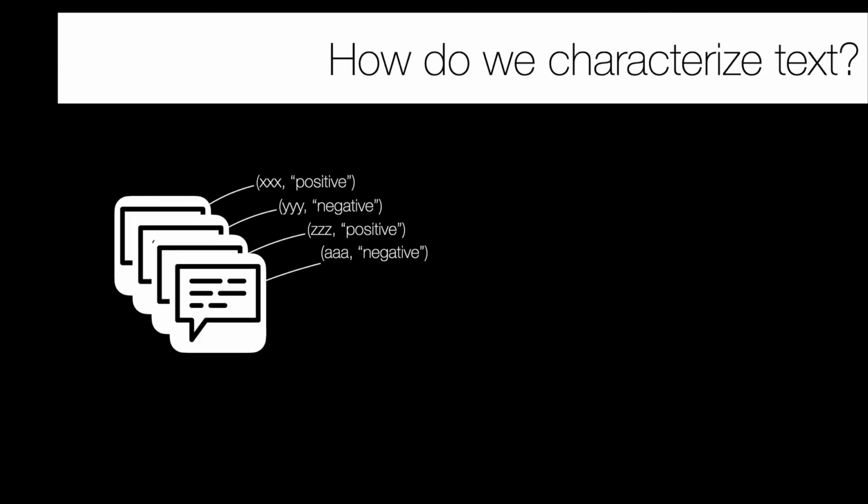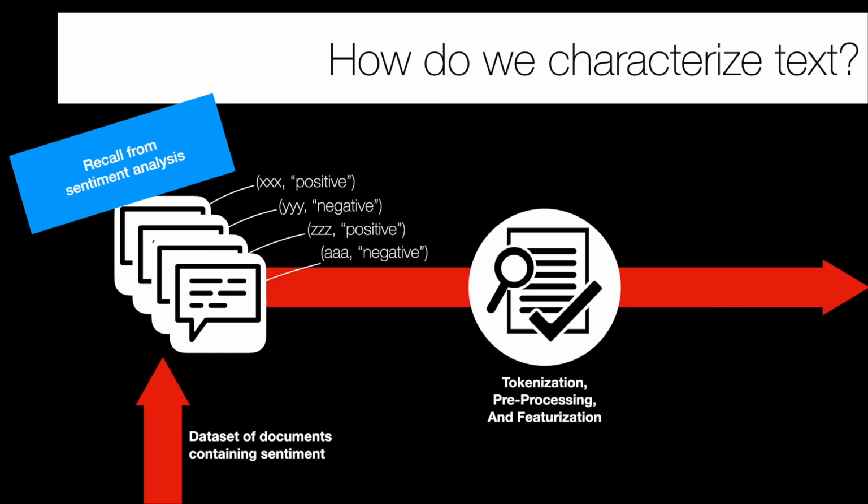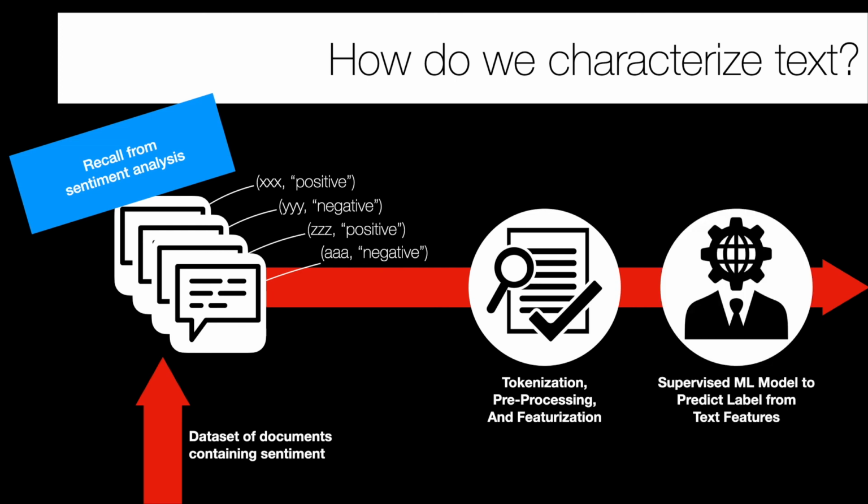From a very high level, we can talk about image understanding or image characterization in the same way that we talked about characterizing text. Remember, for the text case, when we were trying to do sentiment analysis, we had some data set of documents that contained sentiment or some class that we wanted to learn. From these documents, we were able to apply tokenization and a number of preprocessing steps, like removing stop words or lemmatization, which is reducing a token from its general word to its lemma, and creating features using TF-IDF or some count vectorizer. We talked about these last time. And once we have these features, we can apply some supervised machine learning model to predict our labels from these text features.